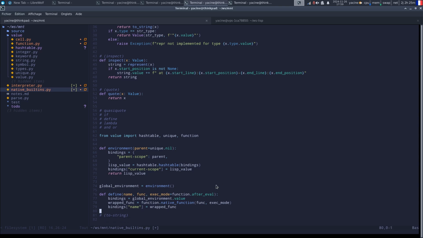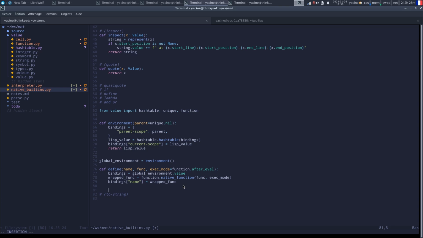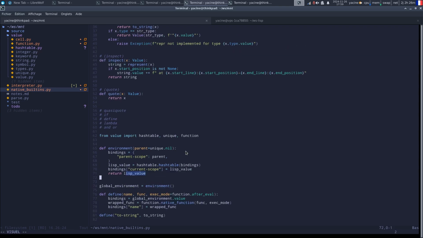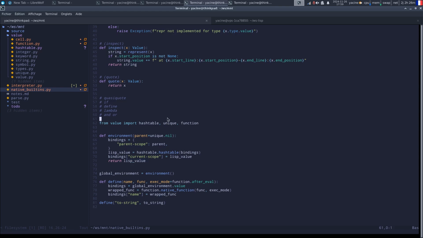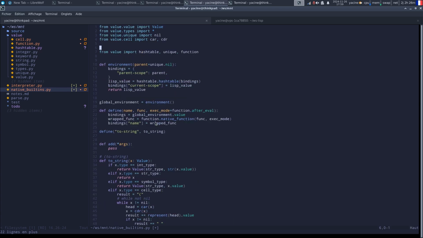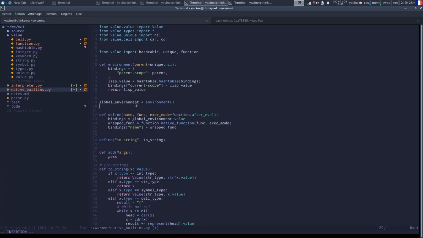Okay, so now I should be able to do this. And if there is no bug, this will put the toString function inside the environment. And if I do this at the beginning of the file, then I can